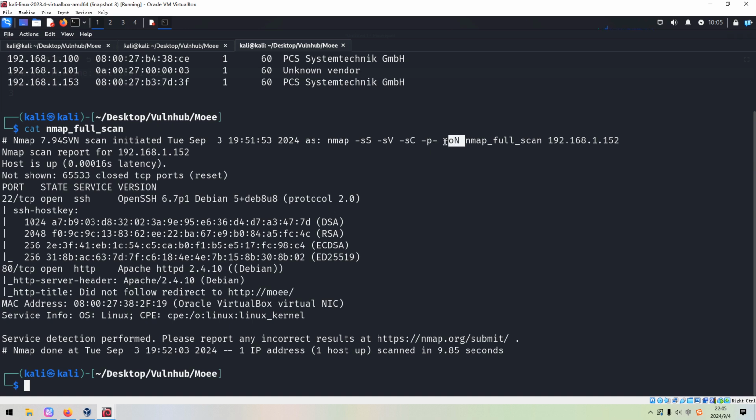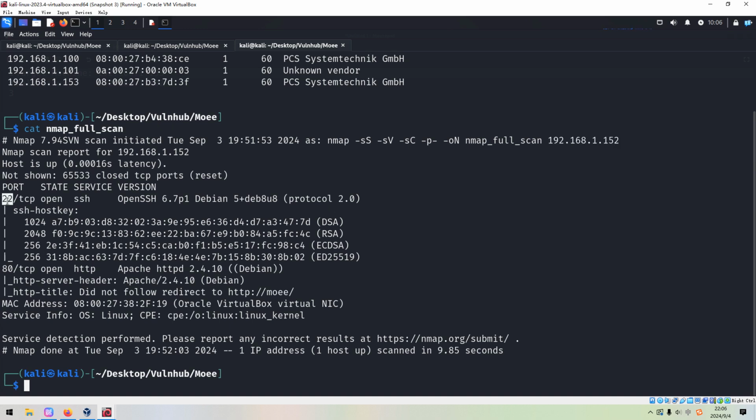The last option of all is -oN to output the result into this file. Although, as you can notice here, the IP address of the target has been changed from the first time when I did the machine. So from the Nmap scanning, we can tell that the target has two open port numbers.